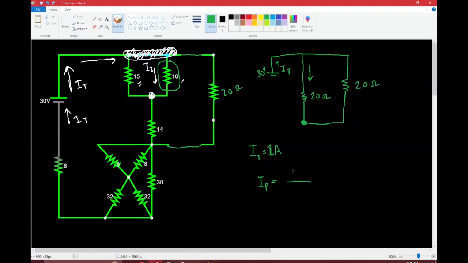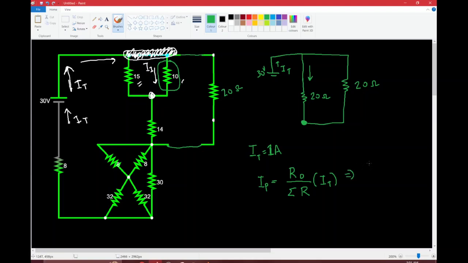So what you do is you take the resistance of the other path, RO, and you divide that by the sum of the resistances in the path. So what that means is, oh sorry, and there's one other thing. Then you have to multiply that by IT. Okay, so what that means is